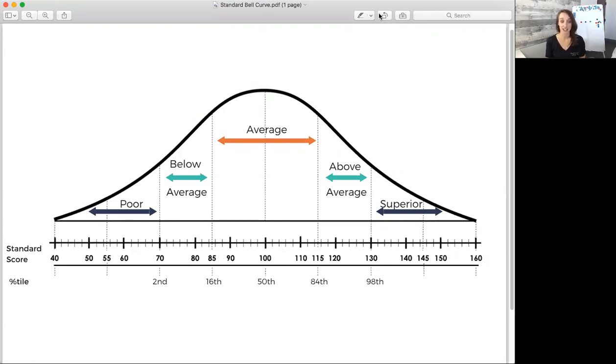Today I wanted to share some tips and strategies in terms of understanding evaluation results. One of the things that's really challenging about understanding evaluation results is that all of the tests that are given have different ways in which they are scored. Depending on whether you're looking at a curriculum-based assessment, a progress monitoring type assessment, a state provided assessment, or a norm referenced standardized assessment, those scores could look widely different, and it's really hard to know specifically what